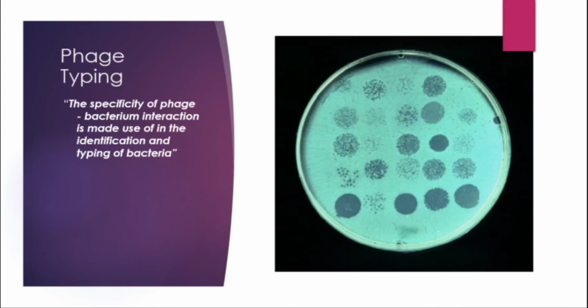So here, they have inoculated the bacterial species on this culture plate, and in random locations they have introduced the bacteriophages, and they know which bacteriophage was introduced at each location. They'll make a note of the list of bacteriophages which they're going to implant on this culture plate, and this entire plate will be incubated. Those areas where there is no growth, for example this area, mean that the bacteriophage I introduced here can kill the bacteria. So the bacteriophage shows some kind of specificity to this kind of bacteria, so I can have an idea about the underlying bacterial population.